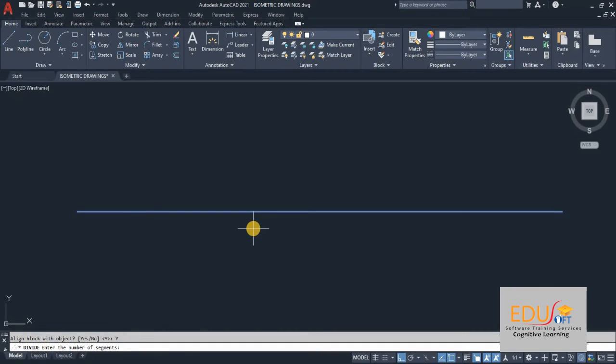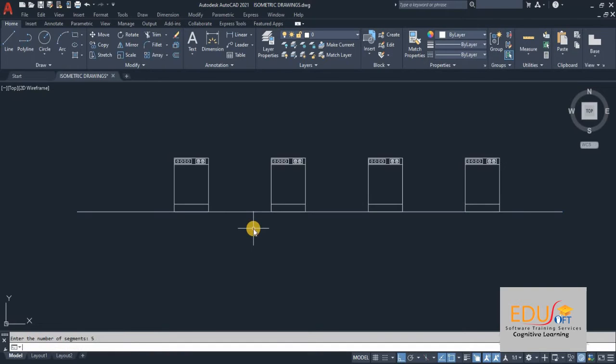How many blocks have to be placed? So for the block we are giving 5 as the number, like the points. Last time we saw there were only 4 points. So if you want to divide the line into 5 segments with the block, then you will get 4 blocks in the drawing. So I am giving 5 as my input. You can see 4 blocks have come, and the distance between the blocks will be